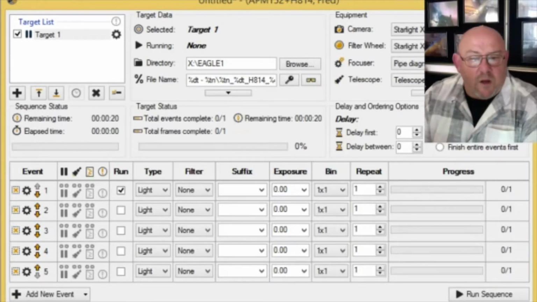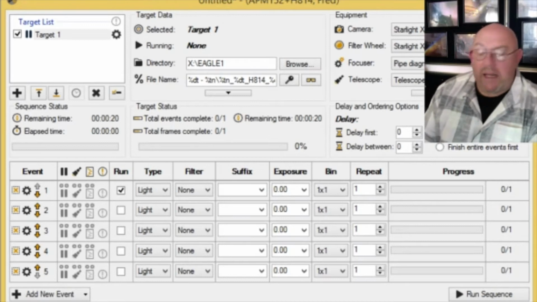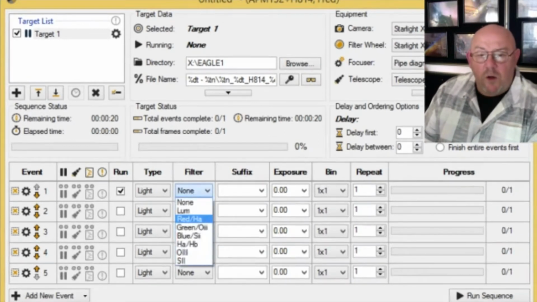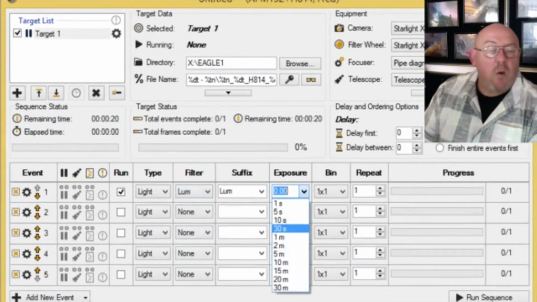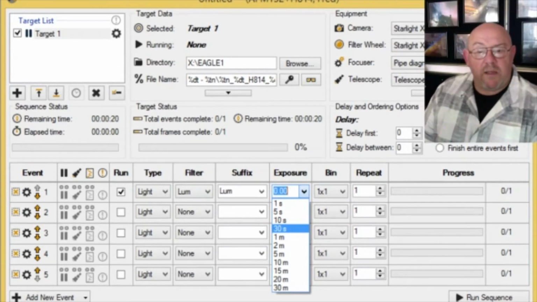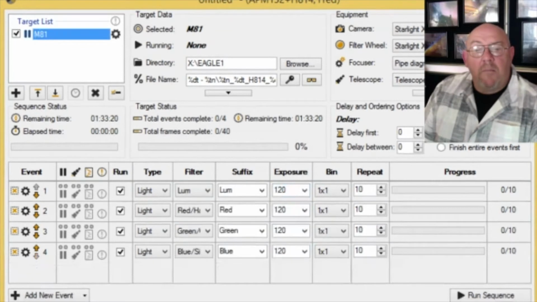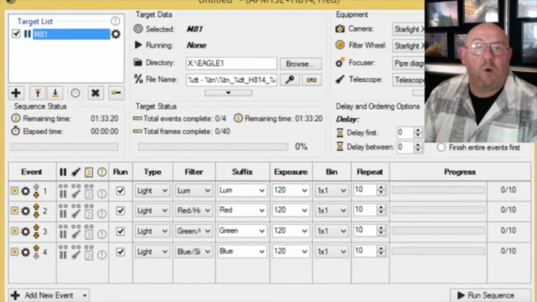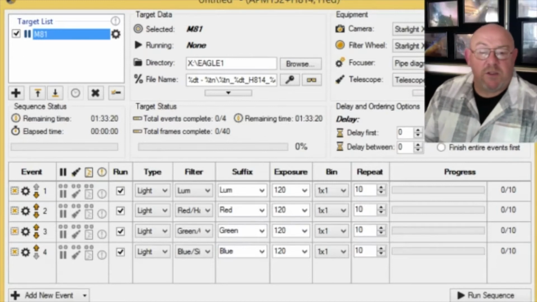So what we do is, when we want to put in a target, the software presents us with a list of blank cells, and all we do is fill up that list with what type of filter we're using and what exposures we may be using, whether it's 5 minute, 10 minute. You can use preset exposures or make them up yourself. And that's pretty much it. You list those in order of what filters, what exposures, and everything.